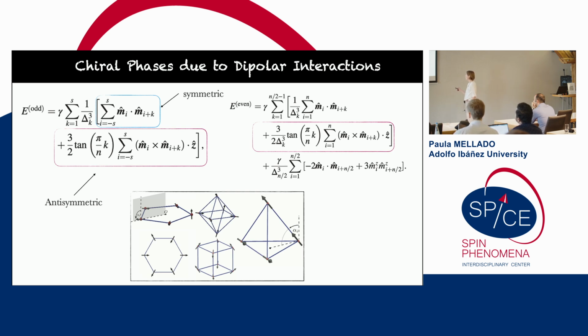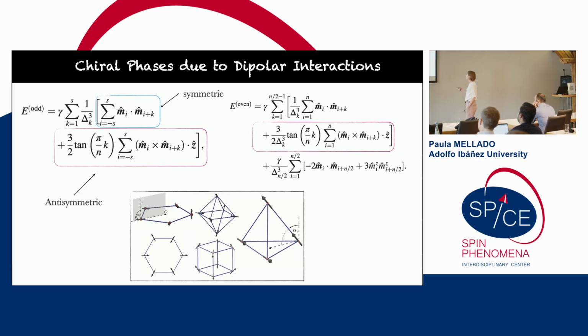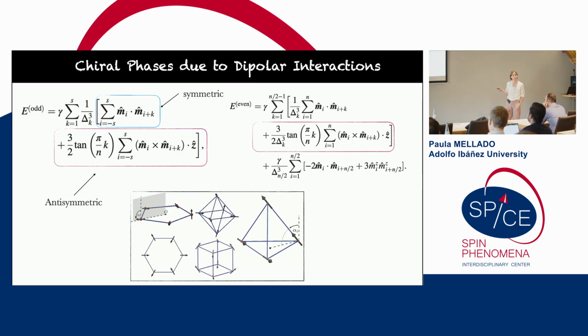And when you replace magnets with such an anisotropy plane in this dipolar interaction for those clusters, you get that for clusters with an even number of sites, and also for clusters with an odd number of sites, what happens exactly is that the magnetic dipolar energy can be separated into symmetric type of interactions and also anti-symmetric type of interactions. And those that arise exactly in these clusters actually are responsible for